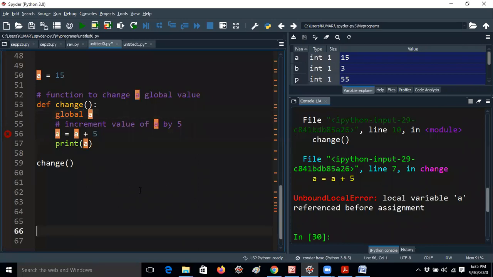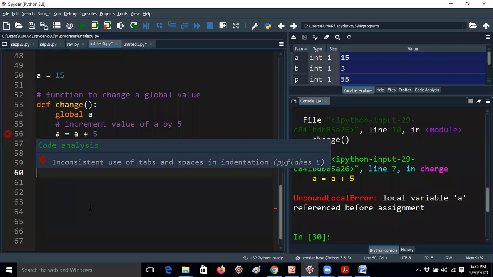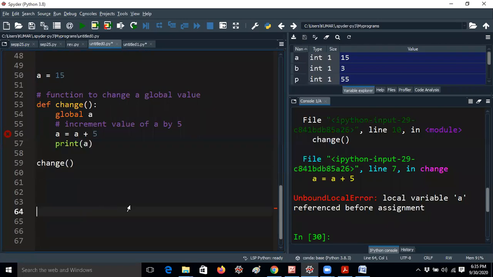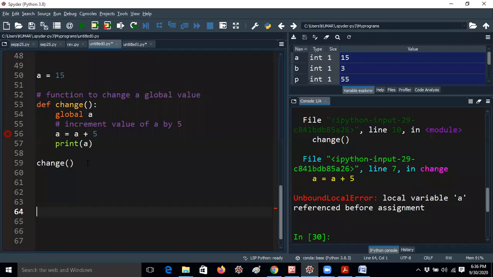One minute, guys. Inconsistent tabs. What is this tabs?